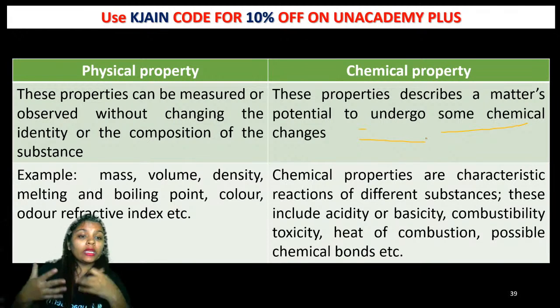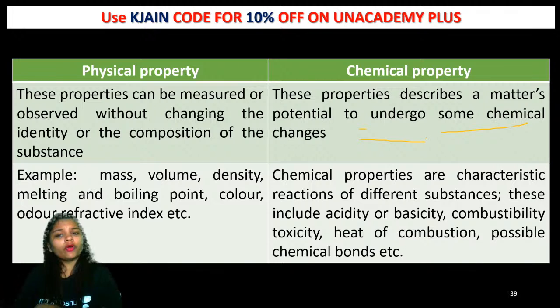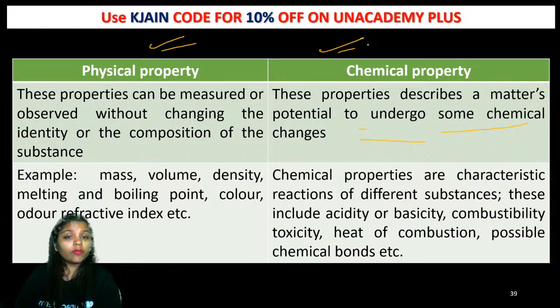For example, if you are boiling a potato, then it is a chemical change. But if you are heating water and converting it into steam, then it is a physical change, because when you decrease the temperature of the steam, you can easily form water again. So that is a kind of physical property. But in a chemical property, a new substance is formed.